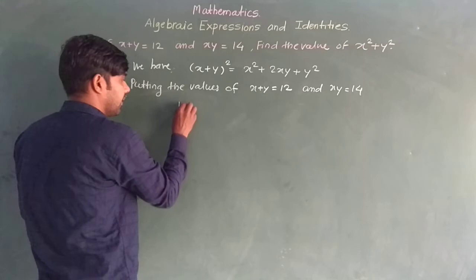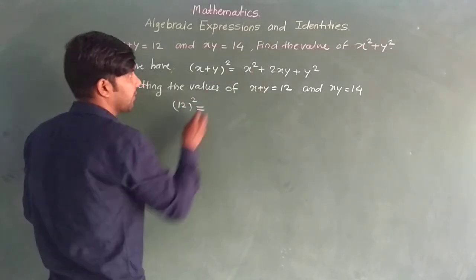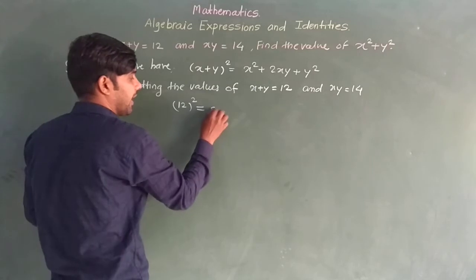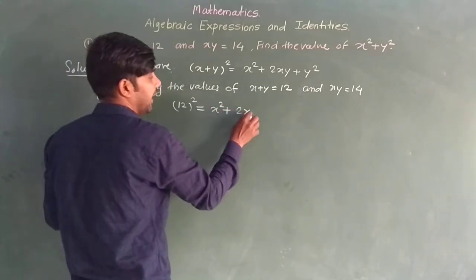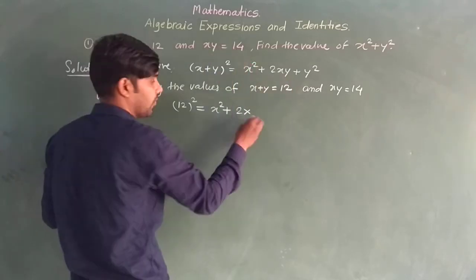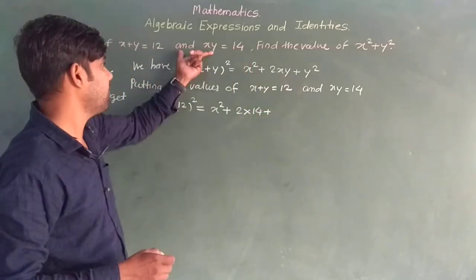So we can write 12 square is equal to x square as it is plus 2 multiplied by xy, which is 14. Just we have to put these values in